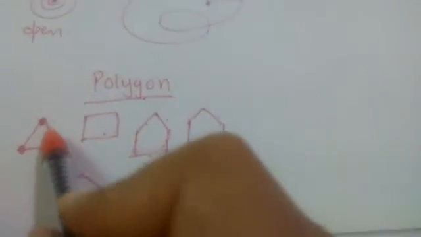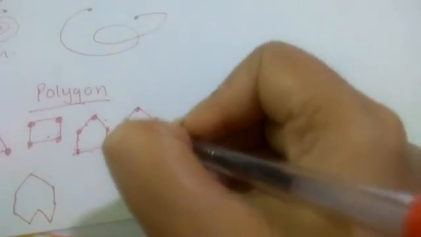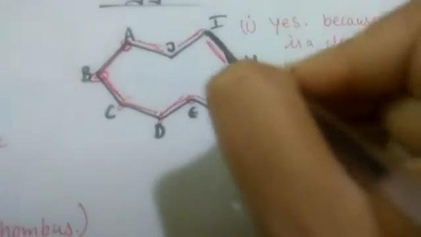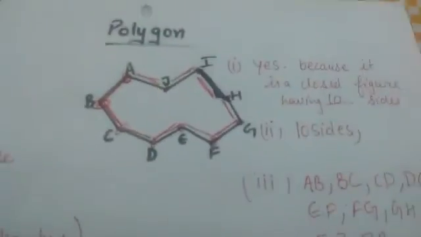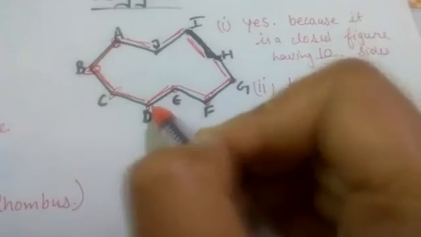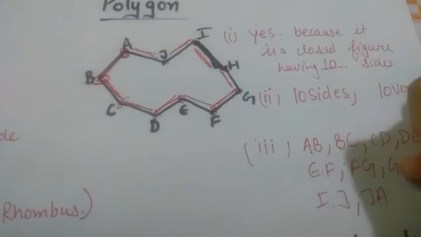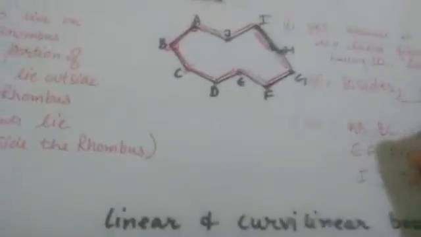So that means a triangle has 3 vertices. This square has 4 vertices. This one, you can count it, has 5 vertices. Similarly, these corner points, right? So here we can count how many vertices are there. This is the point A, this B point, C point, D point, E point, F point, G point, H point, I point, J point. All these are vertices. Now count it. 1, 2, 3, 4, 5, 6, 7, 8, 9, 10. So that means 10 vertices are there. I hope you follow it up to this.